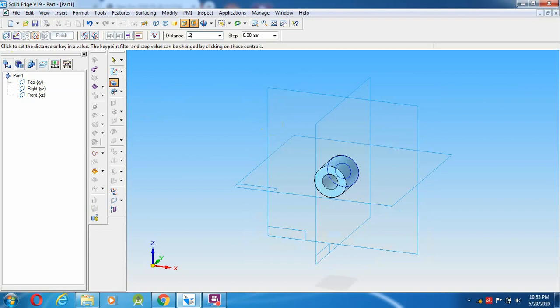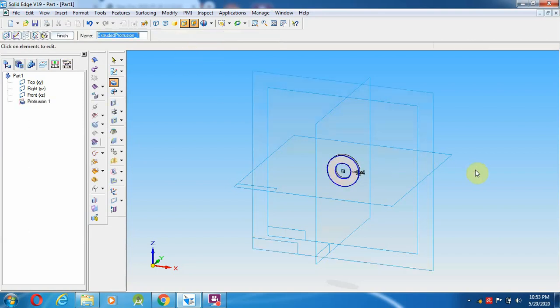Here the d value is 12 mm. So 0.2 into d, with d as 12 mm, we are getting 2.40 mm over here.